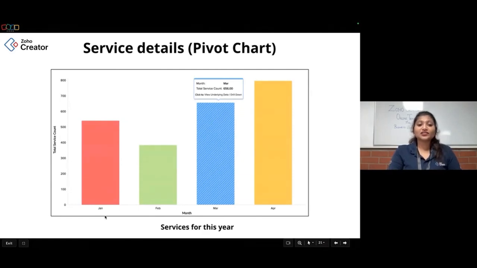On Jan the count is between 500 and 600, in Feb the count is 400, in March it's 700, and April is the highest. So I can see the stats, and based on this I can analyze that for this month I'll get this number of services.